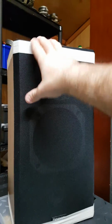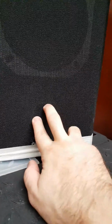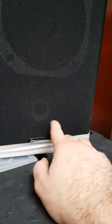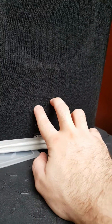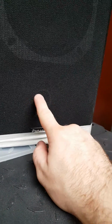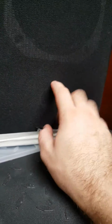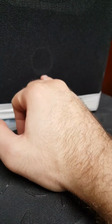So I've cleared off all the old glue from the back of here, and I've actually used contact tack adhesive on both the back of the front baffle and the cabinet. And there is lots of insulation inside. And I've even fitted a bass port, and this is probably about a 1-inch piece of plumbing pipe. And I drilled the hole a little bit too small and then sanded it down internally. And then I managed to force this piece of plastic pipe in here and then seal it in with sealant from the back. And it's slightly recessed so that it doesn't...